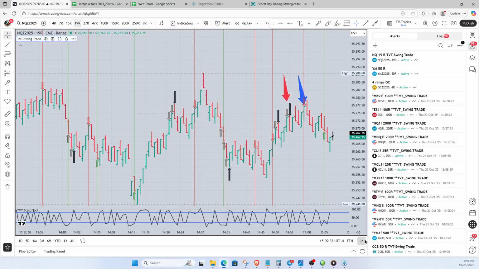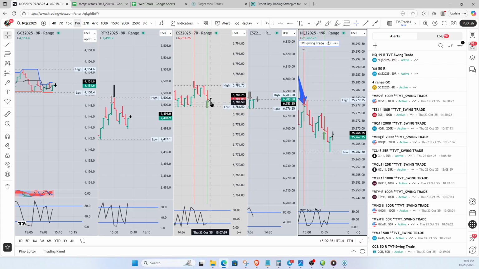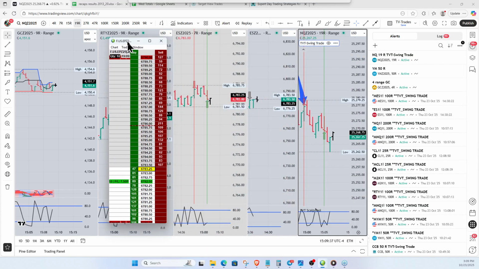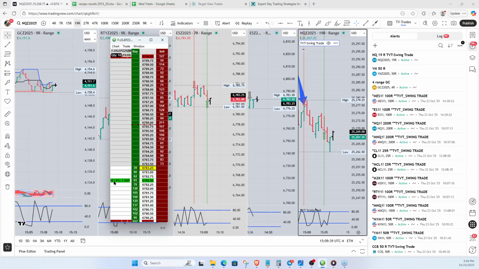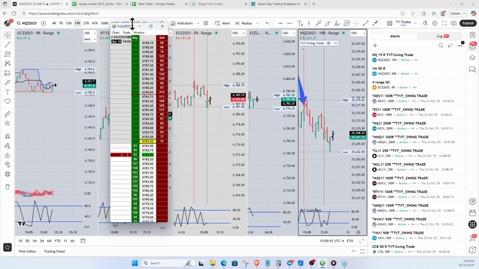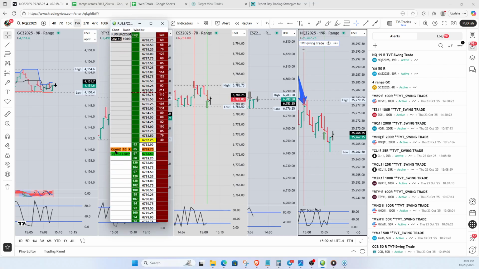Alright, I took an ES trade a second ago based on this right here, on the scalp right there. So I'm going to lock in my stop. I think my stop went to break even already, didn't it? I think it's at break even now. I'm going to lock in one tick on that. The high of the day is right up here. It's trying to get to this number up here at 86. Now let me explain that. You see how this number is bigger than all the other numbers below it? Price is trying to get to that number. That's what price is attracted to.